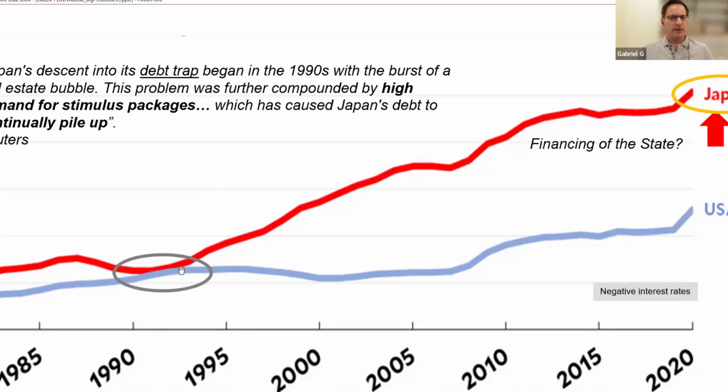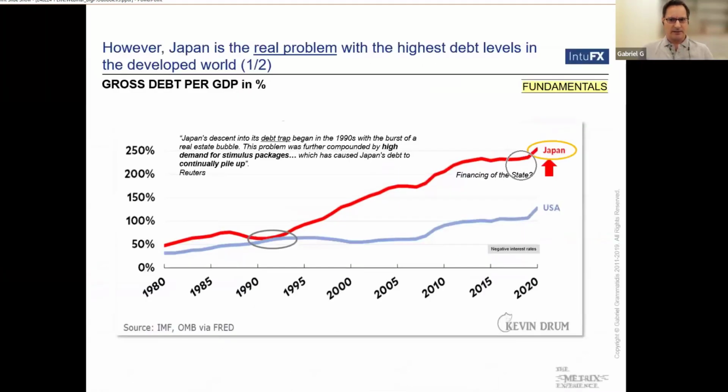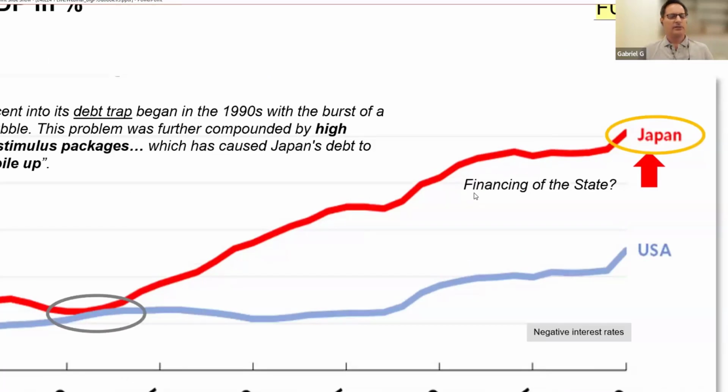The good thing for Japan was that the yields were low. They were even negative. And a couple of years ago, the chief of the Bank of Japan was asked whether he was financing the state, like printing money to keep the state afloat. And he said, no, you see it with the yields. The yields are low, so he's not financing the state. Well, that's obviously nice to have: building up debt and having no interest to pay, or even negative interest to pay, which means the state gets money from the investors buying the government bond.